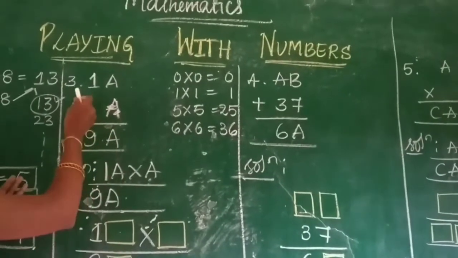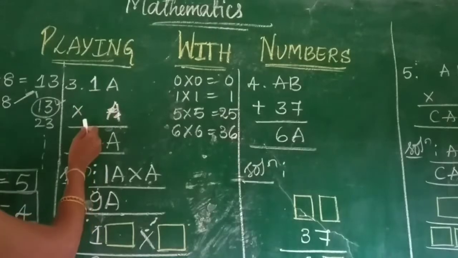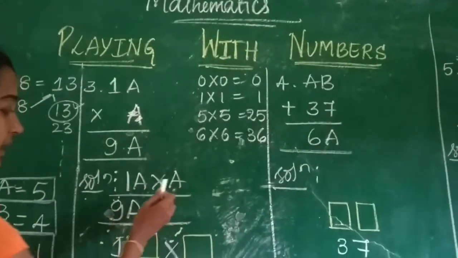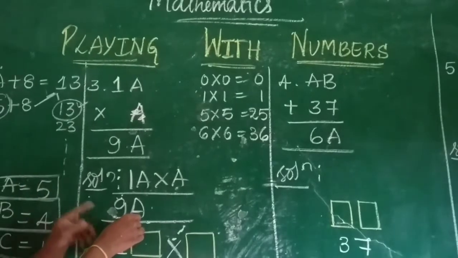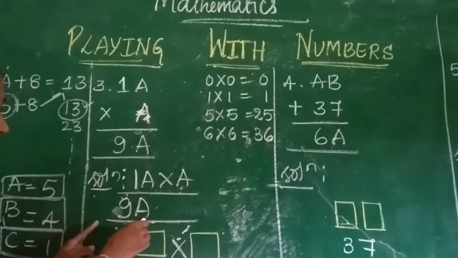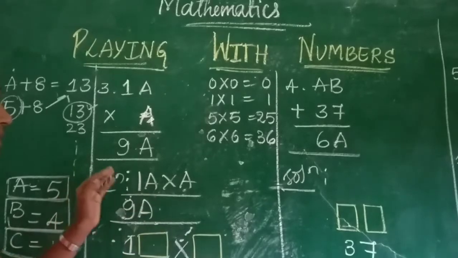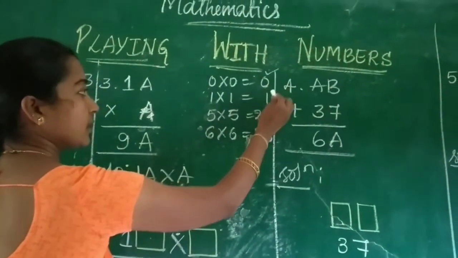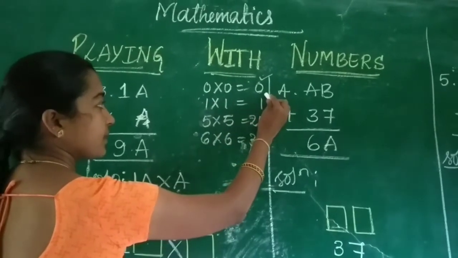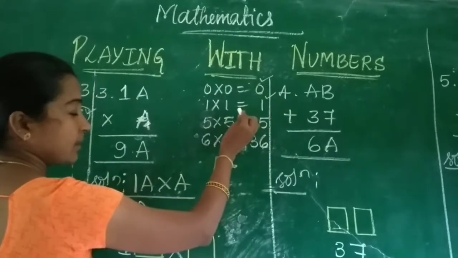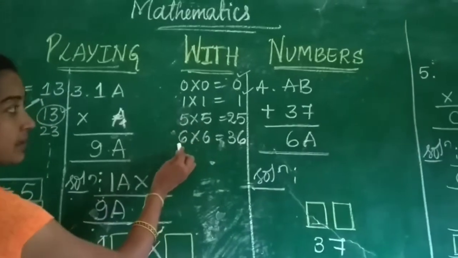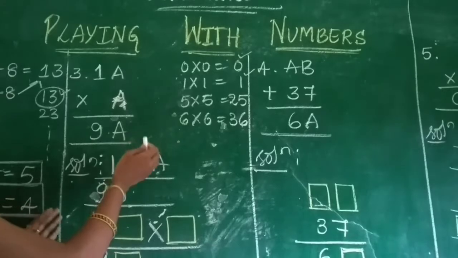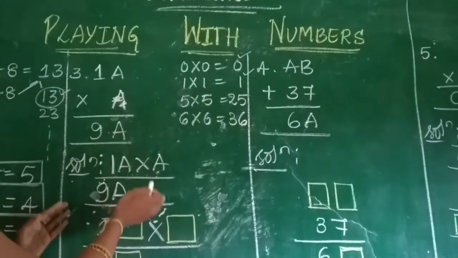Okay children, now come to your third problem. Here multiplication is there, you know. See here, A multiplied with A gives the same number in the unit place of the product. Now, which numbers can we take? Now guess here, 0. 0 is a number and 1 multiplied with 1 gives the same number in the unit place, and also 5 and 6. Now substitute one by one, and see whether it gives the product that is suitable for our answer or not.